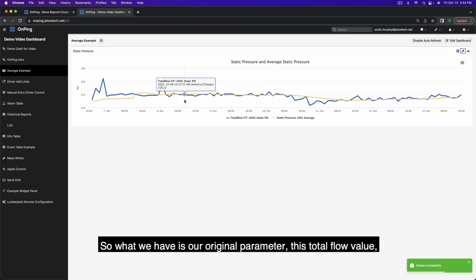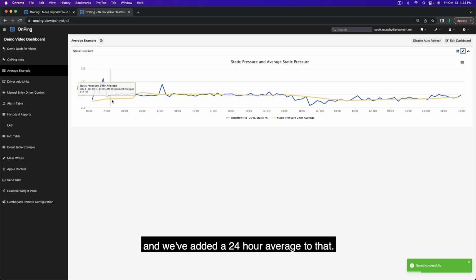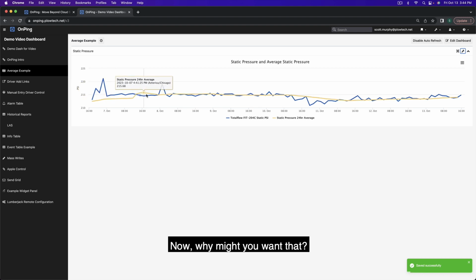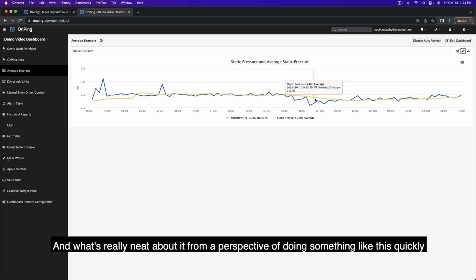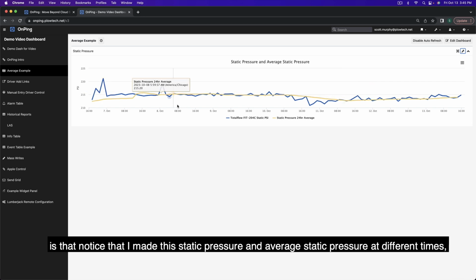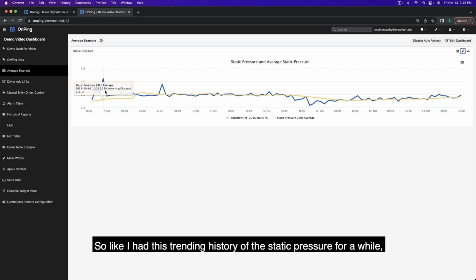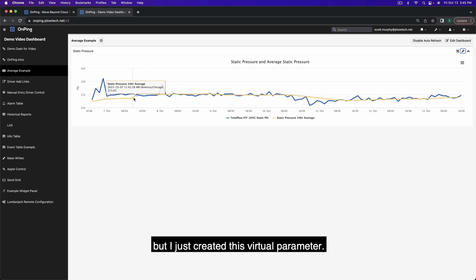So what we have is our original parameter, this total flow value, and we've added a 24-hour average to that. Now, why might you want that? Well, you might want a more smoothed out view of your data. And what's really neat about it from the perspective of doing something like this quickly is that notice that I made this static pressure and average static pressure at different times, right? So I had this trending history of the static pressure for a while, but I just created this virtual